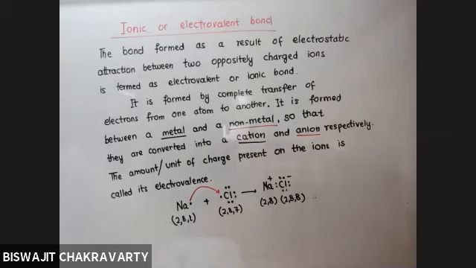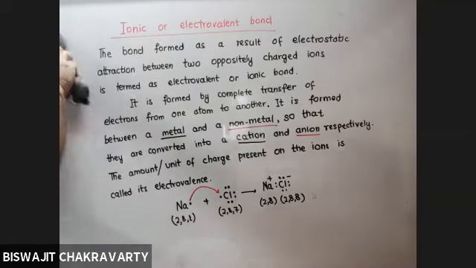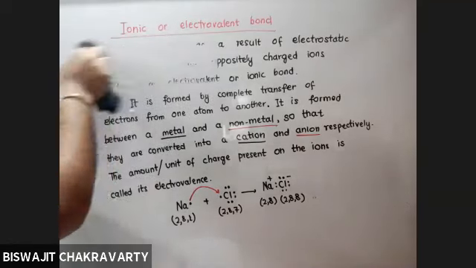Forget about the noble gases because noble gases are not interested to show any kind of bond formation. So prior to the noble gases, the two groups, group 16 and 17, have maximum tendency of accepting the electrons. So therefore, the combinations 1-17, or 1-16, or 2-17, or 2-16. So these are the maximum possible elements which are capable of forming the ionic bond.